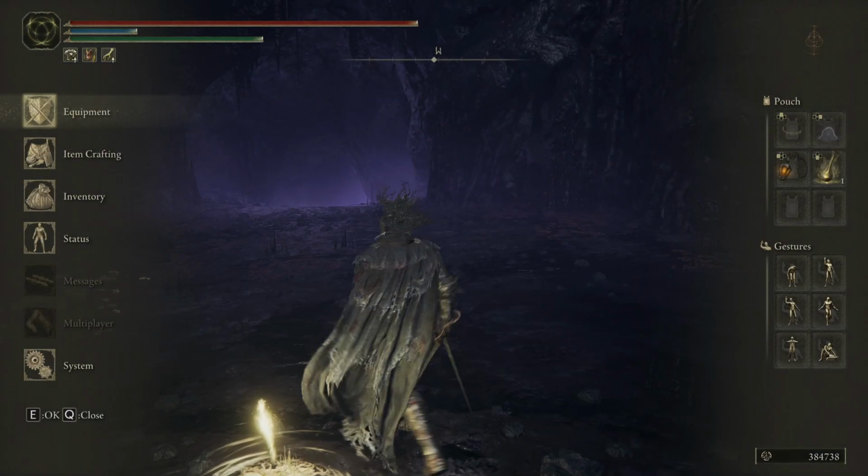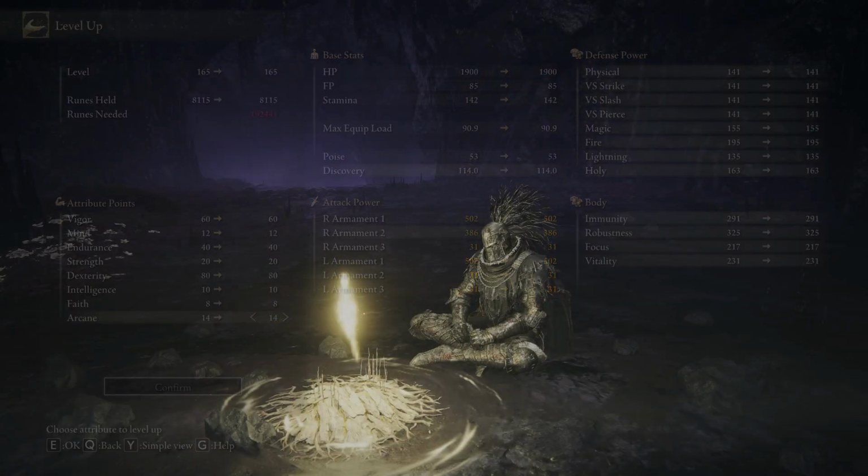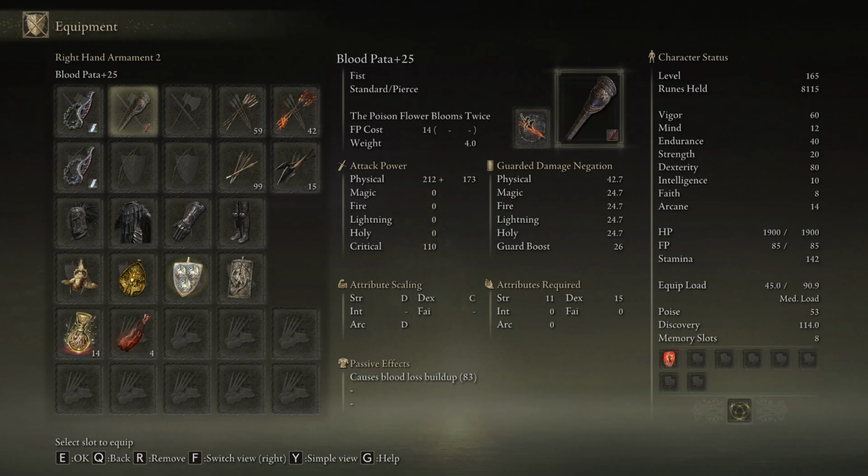So right now we have 83 blood loss. If we go into arcane, still 83. I don't know if that's because our...